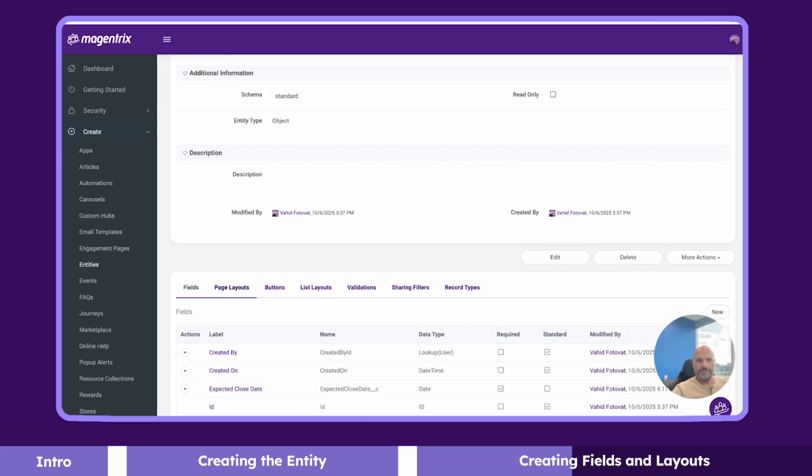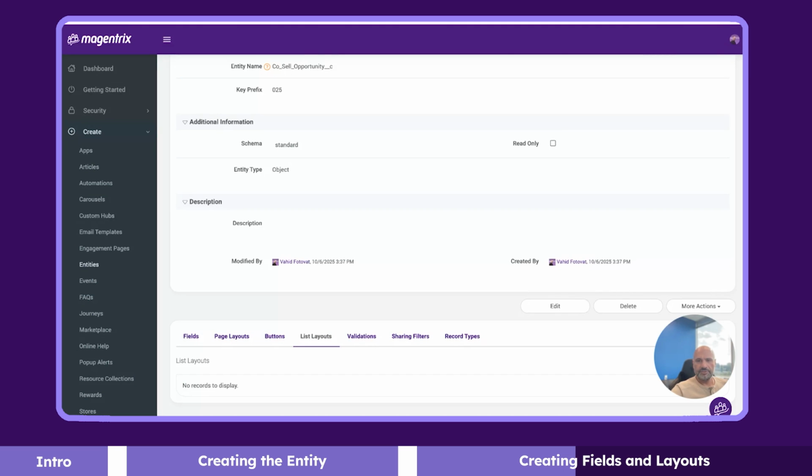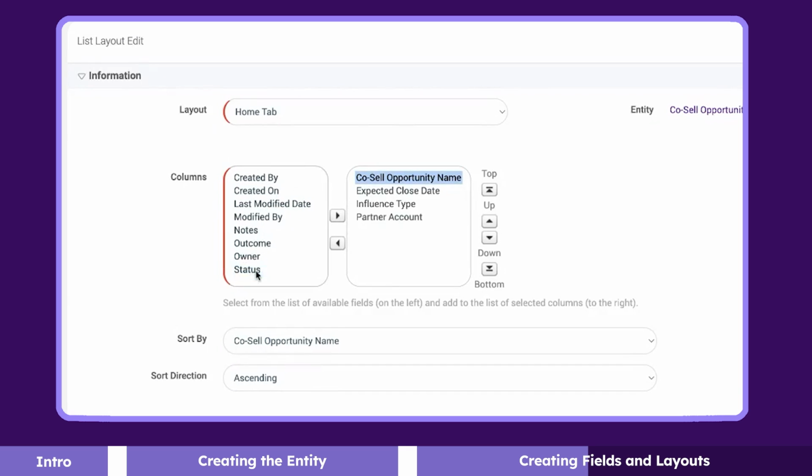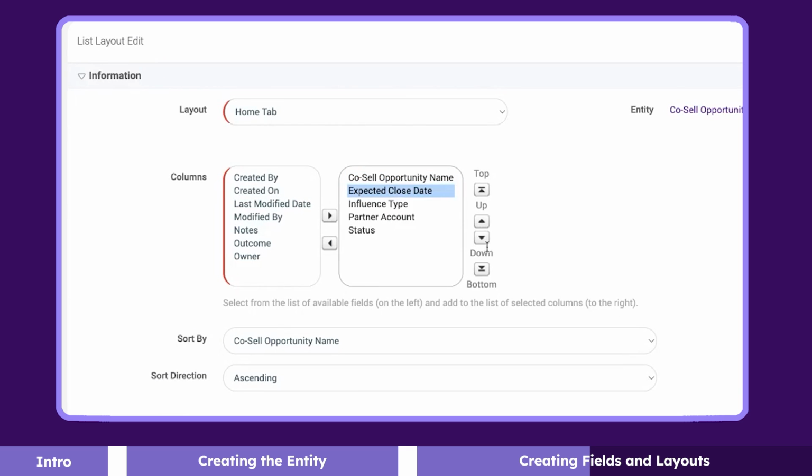Now that we have created the page layout and the fields, I'm going to create the list layout. The list layout will be shown when I see all the records. I can configure it to show me specific columns. So I'm going to click new here. I'm going to select home tab. The fields I want to see are opportunity name, of course, expected close date, and then influence type, account, partner account, and status. I'm going to move the expected close date all the way to the bottom, move status here, influence type, partner account. The way we're going to sort this is based on expected close date in a descending fashion,